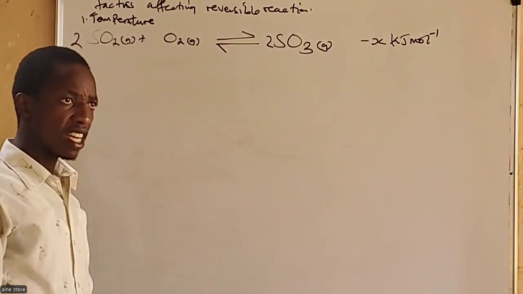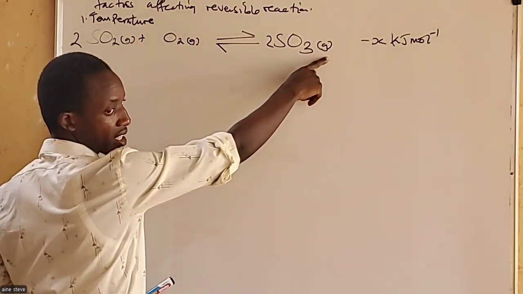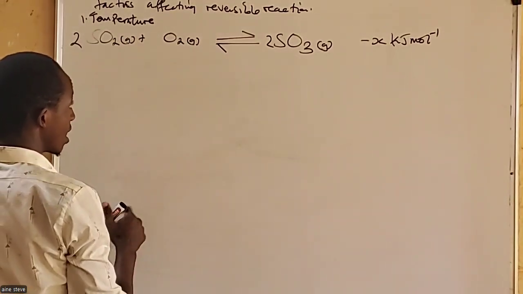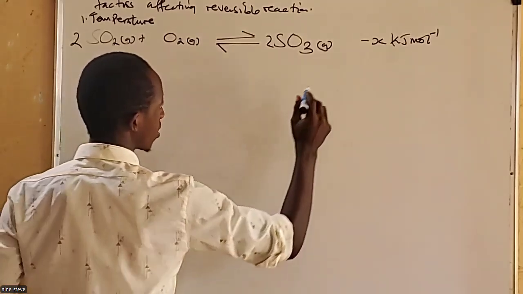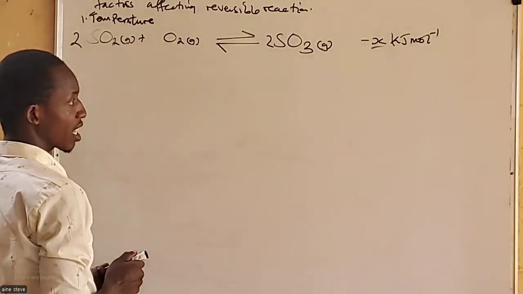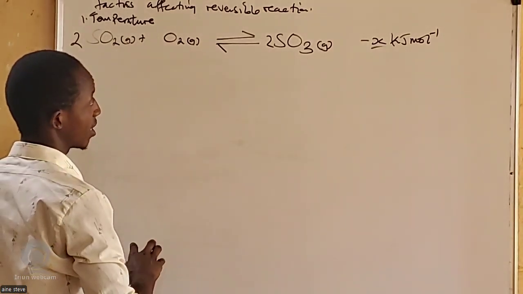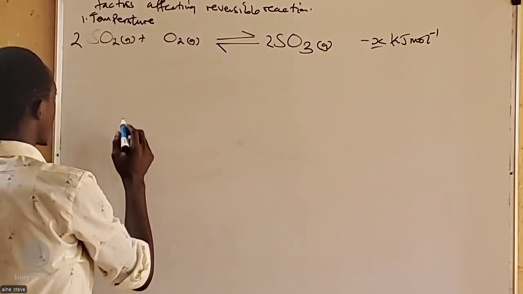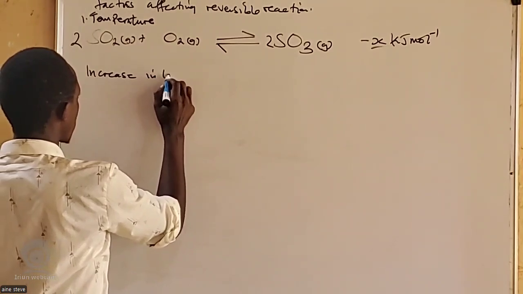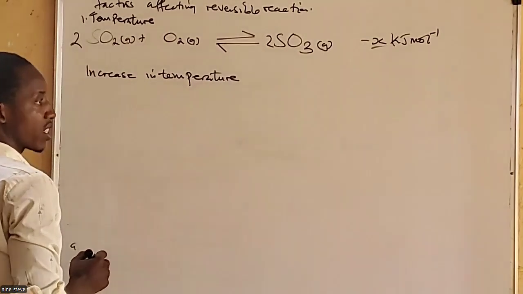Therefore, exothermic reaction is proceeded by giving out heat. It means that increase in temperature does not favor the forward reaction, but rather it favors the backward reaction, because the backward reaction is endothermic and the forward reaction is exothermic. Exothermic reactions give out heat, therefore they are favored by reduction in temperature. So for this, it means that increase in temperature, okay? Increase in temperature,